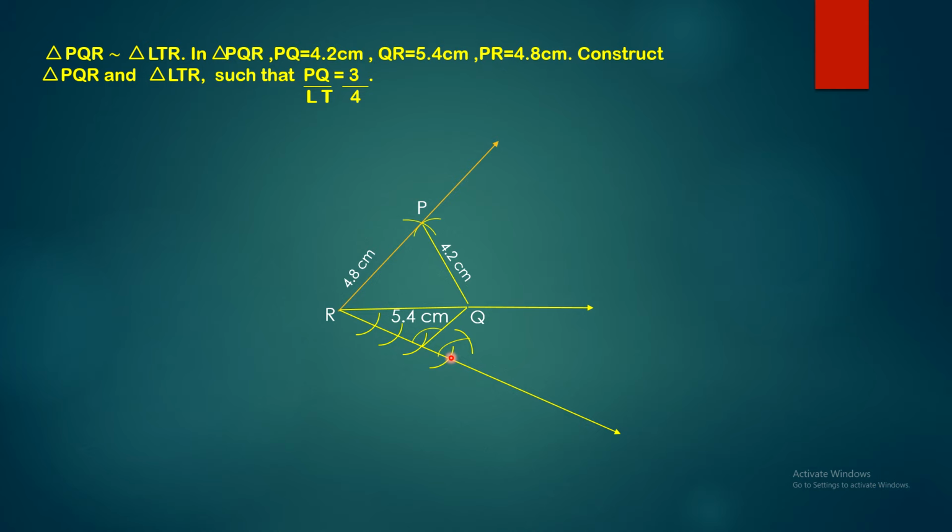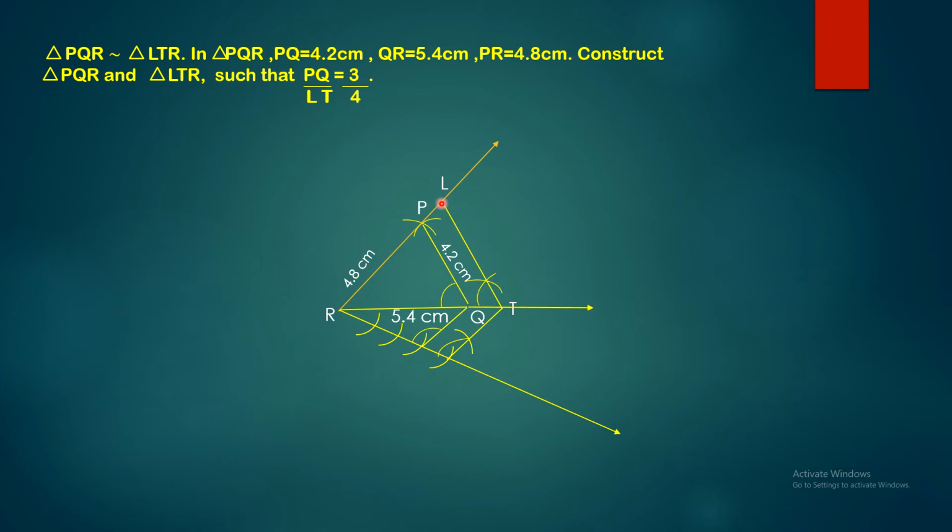Okay. Now from this fifth part, draw a line which is parallel to this line and name this point as point T. We have to do the same procedure. We have to make an angle congruent to angle Q at point T. So from point Q, with a suitable distance, draw one arc. With the same distance from point T, make one arc. Take the width of this arc. Then from this point, with the same measure, draw an intersecting arc. Then from point T, draw a line which is parallel to PQ. Okay. And name this point as point L. So this is the required triangle LTR.